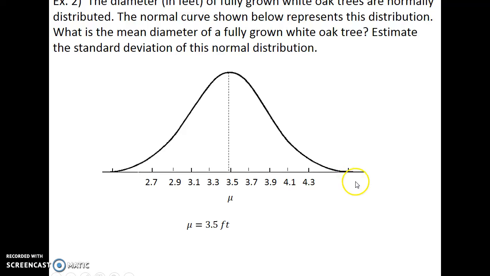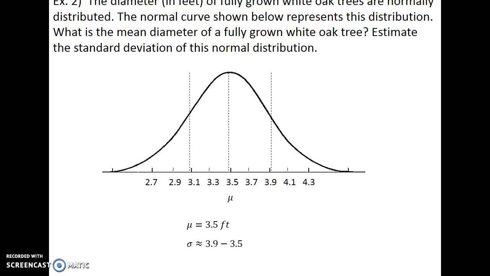But the outsides, like the right-hand side and the left-hand side here, look like they're kind of cupping upward. That, where it changes from one way to the other, is called a point of inflection. So around here, it kind of looks like going from cupping upward to cupping downward to cupping upward. So since that's happening at around 3.1 and around 3.9, I'm going to assume or estimate that those are about